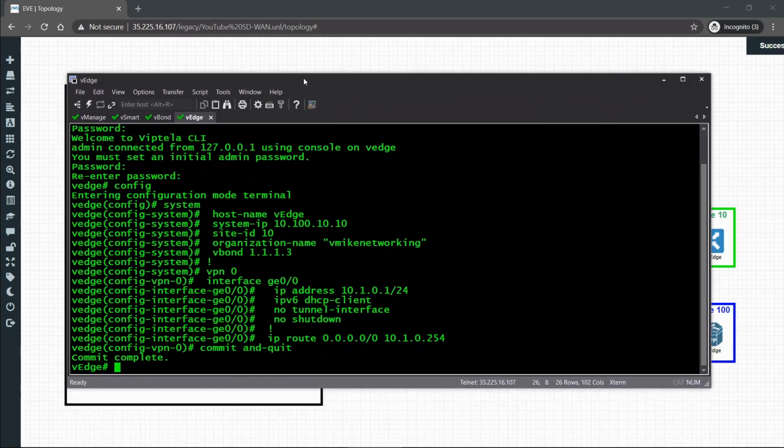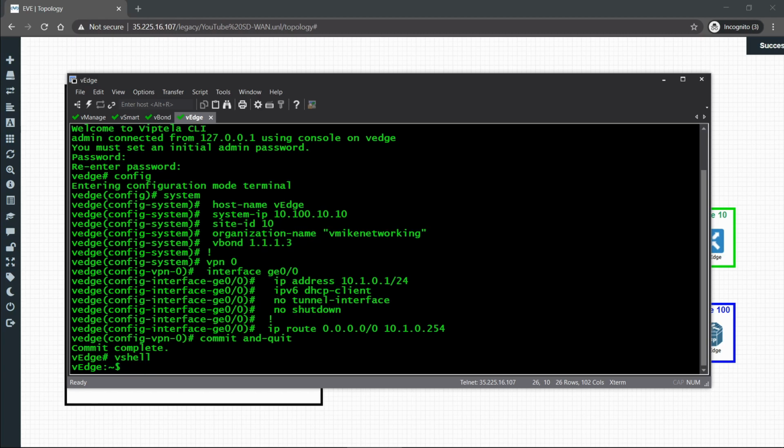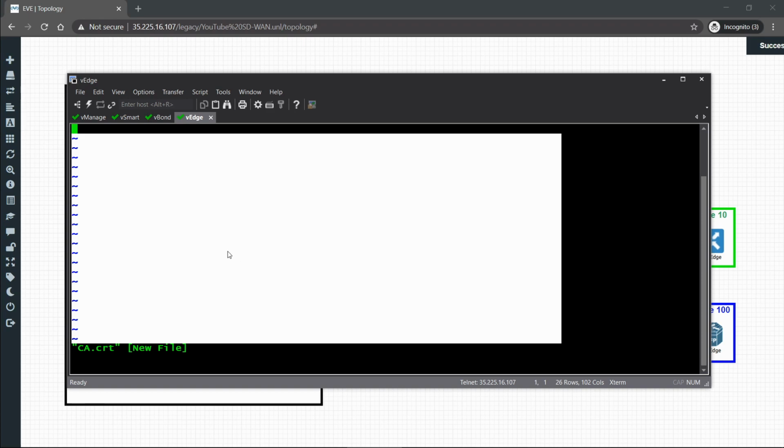I'm going to bring up the vEdge, and the vEdge is actually based on Linux, so I'm going to use vim to actually save the cert. So to get into the Linux shell, I'll type in vshell, and then I'm going to type in vim ca.crt. Now, in order to type something in Vim, I need to hit I on the keyboard once, so the letter I,